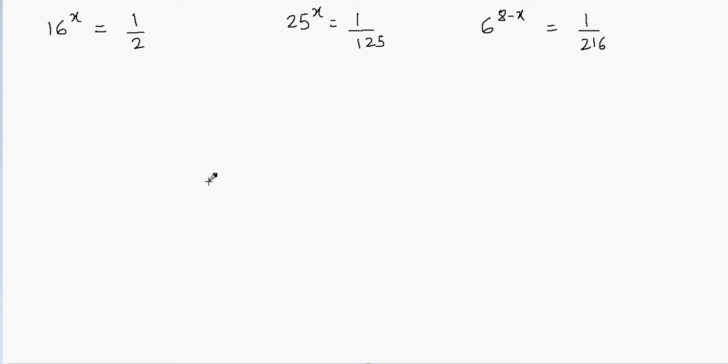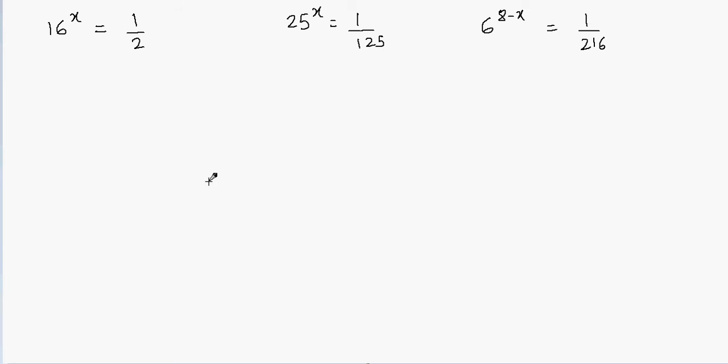Hi, in this video we'll learn how to solve exponential equations. These are the exponential equations and we need to solve them for x. We have to simplify. Before starting to solve these equations, I want to show you an important property